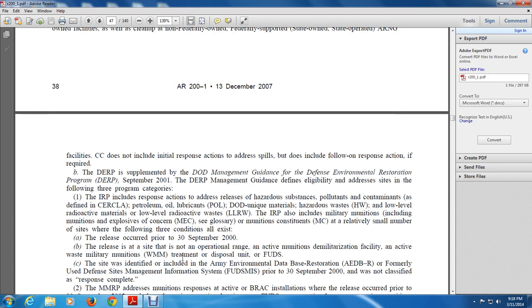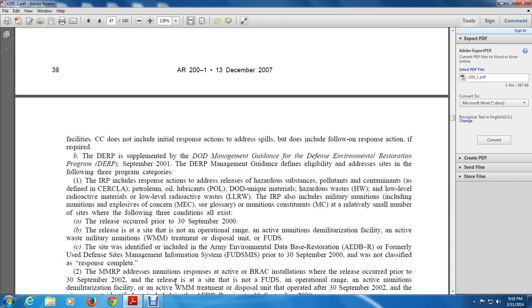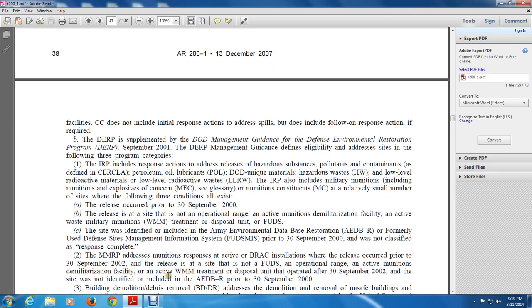September 2000 was not classified as response complete, and the MMRP addressed munitions responsive to activity BRAC installations where the release occurred prior to the 30 September 2002 release at the site that is not FUDs on operational range activity munitions. The demilitarization activity, WMM treatment and disposal operated after 30 September 2002 and then shall not be identified, including the AEDBR, which stands for the Army Environmental Database Restoration, prior to 30 September 2000, and